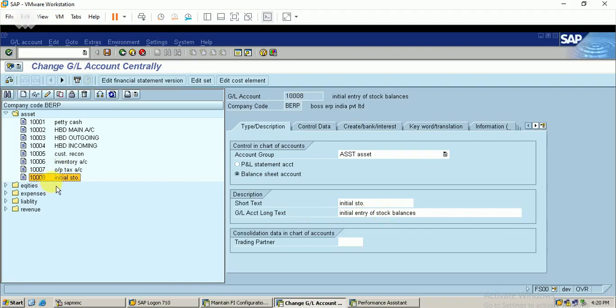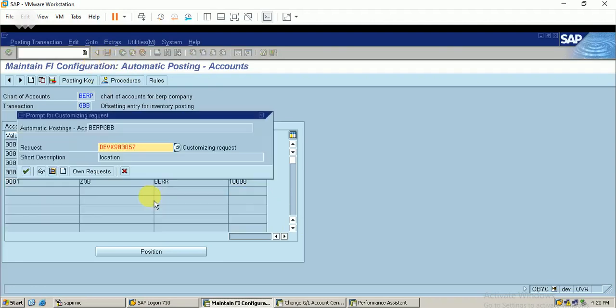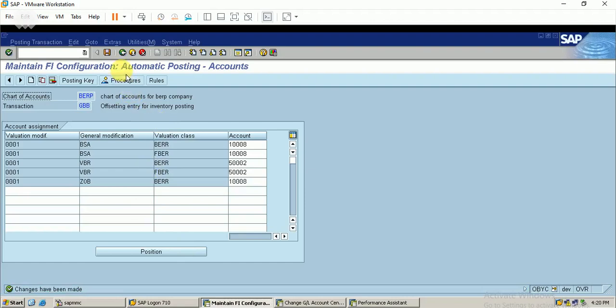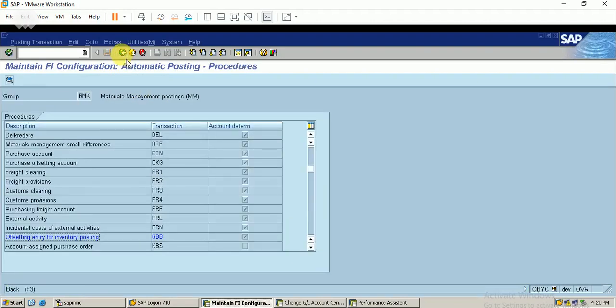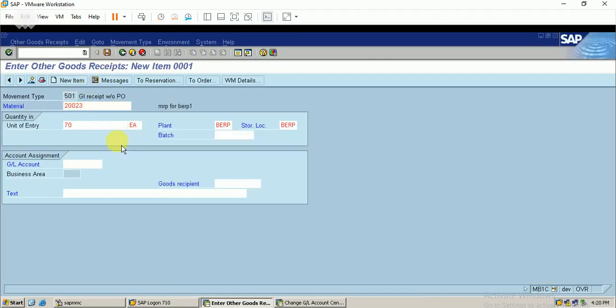Yes. So I can link this account. There's an initial entry of stock balances here. So I've already assigned. Okay, this is for a different general ledger, that is account modification. So let me link that account. Okay, let me save it. So I just enter back as it is. How did I come here? The screen. I just go back like that. Just I will save it.